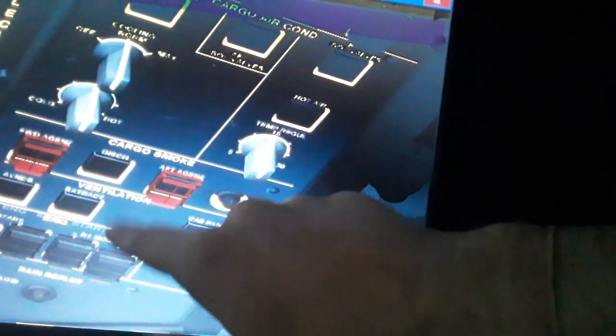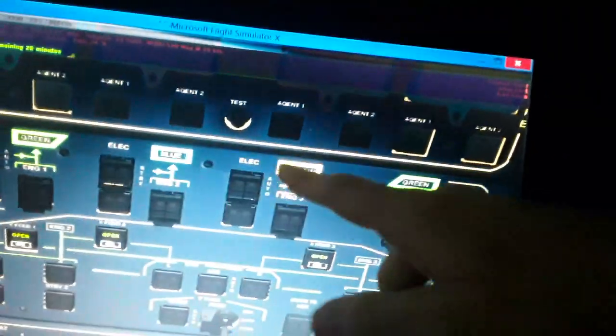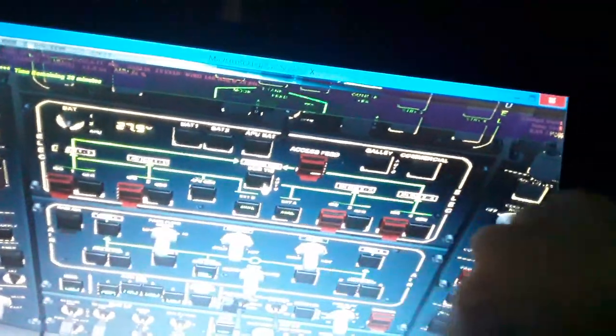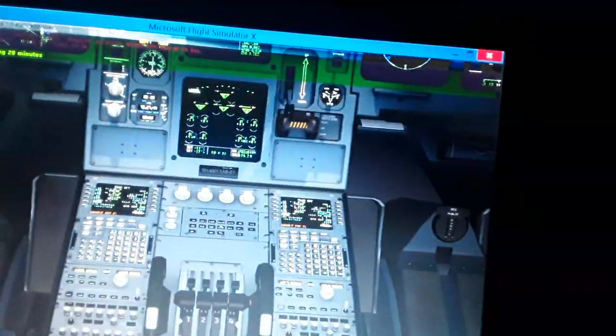We have also the engine manual start here and some ventilation and safety modes for other systems. You can see the engine fire, the hydraulics, the fuel pumps, the electrical, the air system panel, the anti-ice, the lighting, and the APU, the thrust levers, the radio management and navigation panel, which tunes the navigation aids here in the primary flight display,